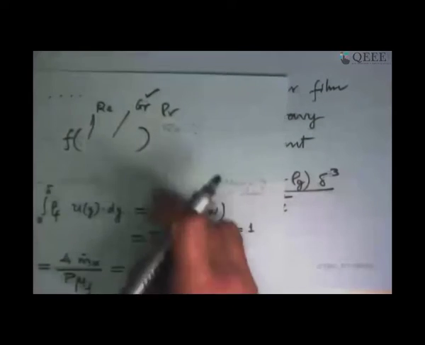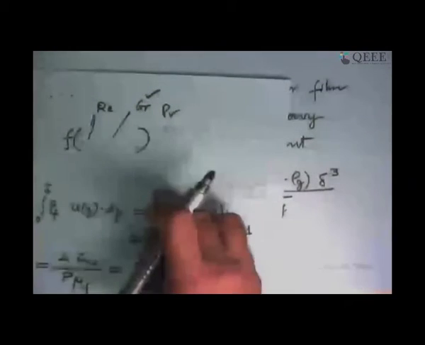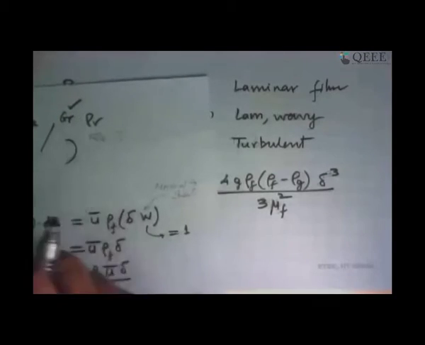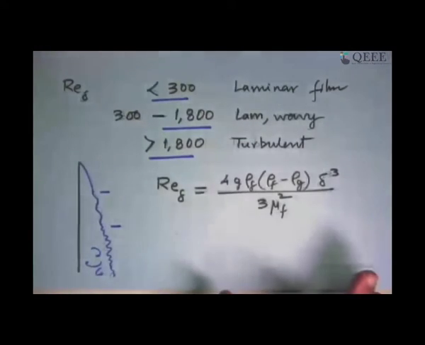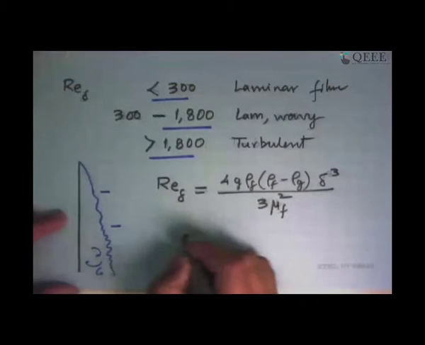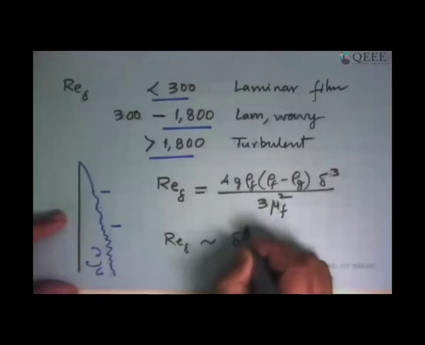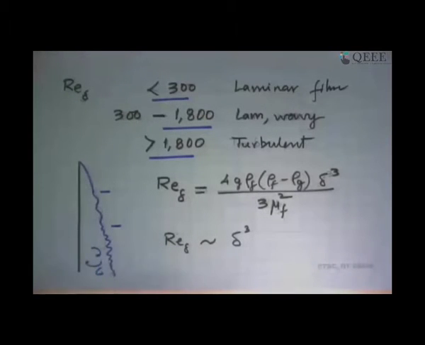What we did was, we have done something to get u bar in terms of various parameters. I have not done the detailed derivation over here. It is there in the books. I'll pass it out in the notes also. And from there we got some u bar, and that is what we have put here. So Re delta, the Reynolds number, goes as cube of the film thickness.